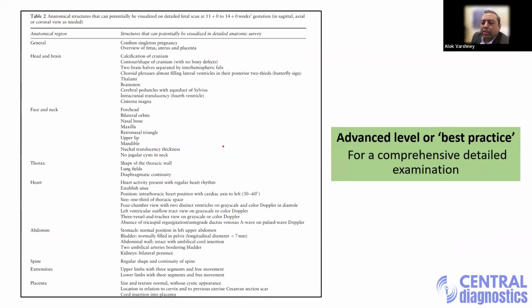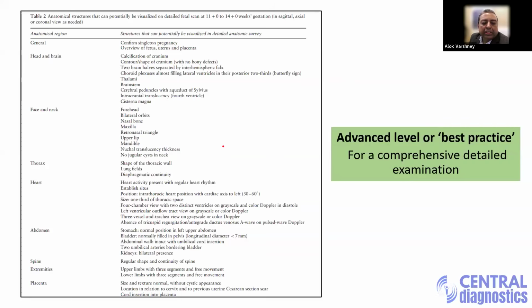Now, the advanced level or the best practice is basically a comprehensive examination. So it does not deal with standard images per se, but it wants us to do a comprehensive examination of the organ system. So for example, in the head, we have to evaluate the calcification, the contour and shape, the two halves separated by the interhemispheric fissure, etc. But we also have to evaluate the cerebral peduncles, aqueduct of Sylvius, intracranial translucency, and cisterna magna, all in the